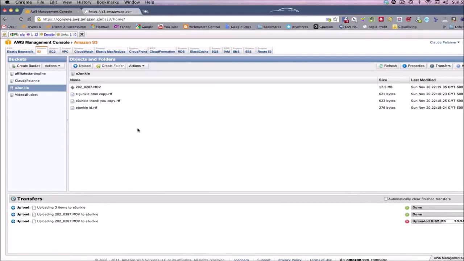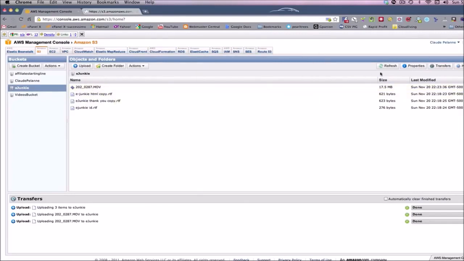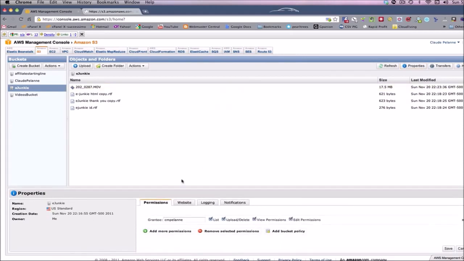And then once you have it uploaded, you can come up here to Properties, select the properties of the file that you've just uploaded, for example, and decide whether or not you want to make it public by clicking Everyone and